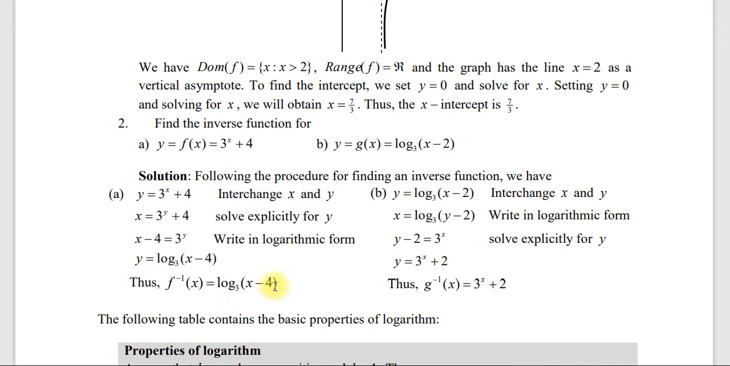ስለዚህ f inverse ማለት ነው the inverse function of f will be log x minus 4 in base 3 ይሆናል። እዚህ ጋር ምንድነው የምናደርገው? x እና y እንቀያይራለን። ከዛ x which is equal to log y minus 2 in base 3 እናደርጋለን። ከዛ በኋላ ምን እናደርጋለን? 3 the power of x which is equal to y minus 2፣ y minus 2 which is equal to 3 the power of x ማለት ነው በሌላ አገላለጽ። ስለዚህ y which is equal to 3 the power of x plus 2።